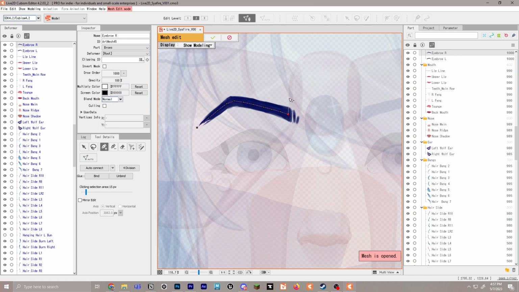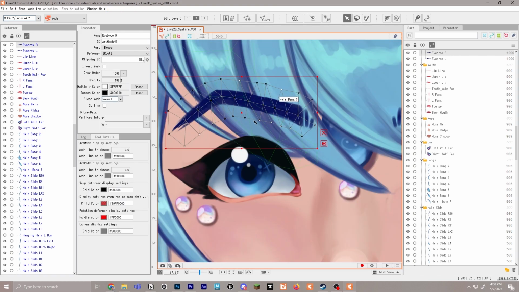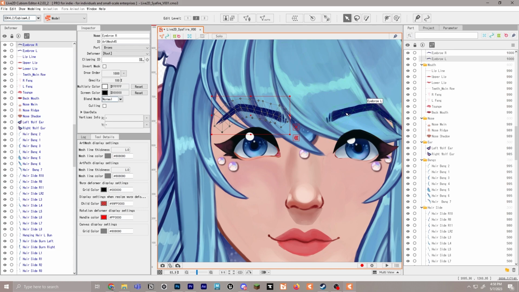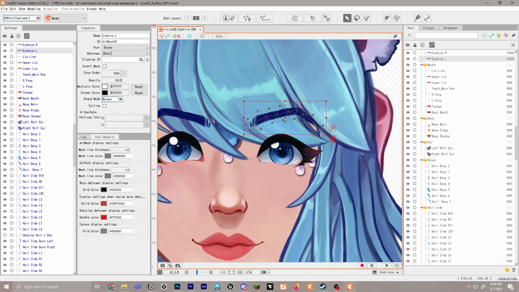Next, we want to go up, make sure you go well above the mesh and start creating triangles. Triangles are a really great way to keep the mesh even and so that it will deform nicely. So we'll do the same down here. I'm going to bring mine a little bit further, and then we can connect both rows. And if you wanted to move them out or space them around, you can select the arrow key to click and drag and move the points around. Alright, then you'll click check mark, and this will make it so it's easier once we go in later and we'll want to do the same exact thing to the other eyebrow.